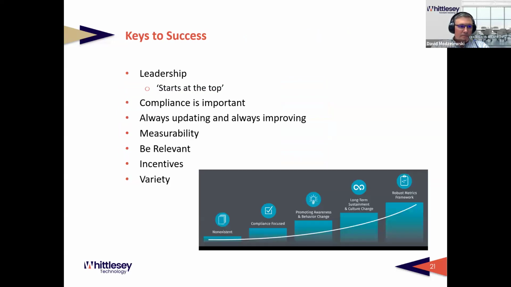And important keys to success: leadership starts at the top. If you're a leader in an organization and you don't think employees are looking at you and taking cues on what's important, what's not important, you're wrong. They definitely are. And we've seen more than a few occasions where a leader in the organization says, take me off the security awareness training program. I'm not going to do it. I don't have the time. And that's always a bad sign for success,